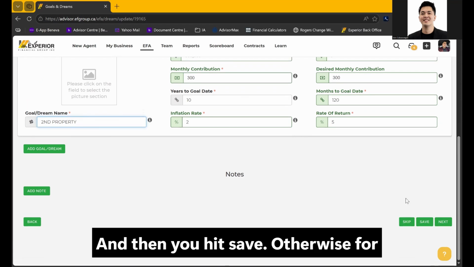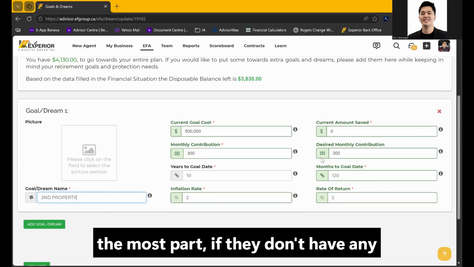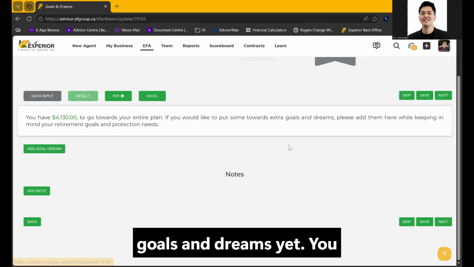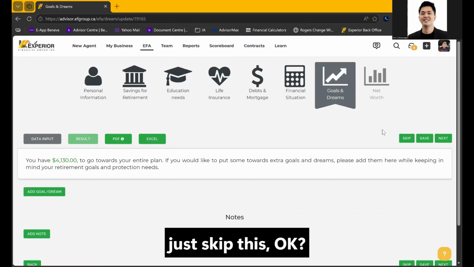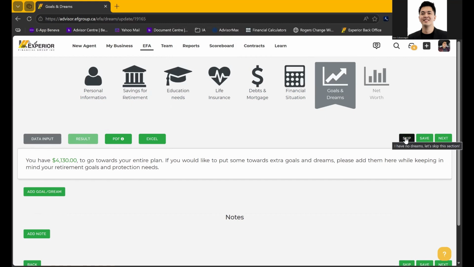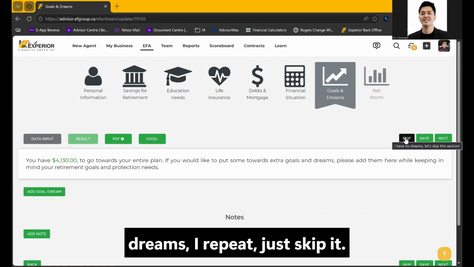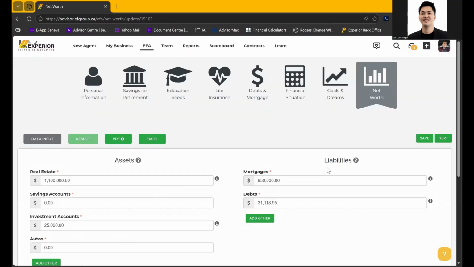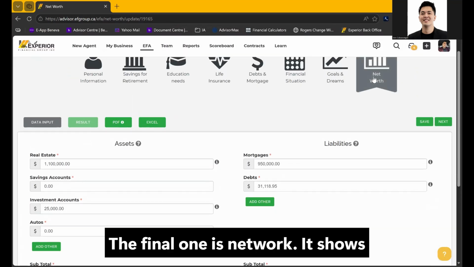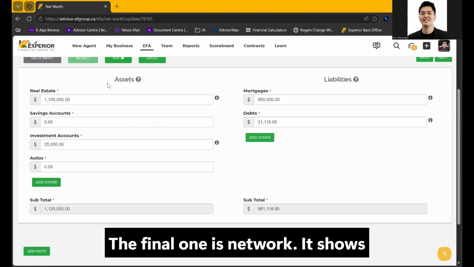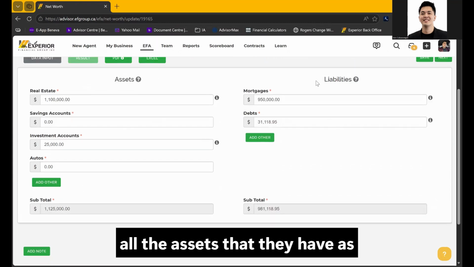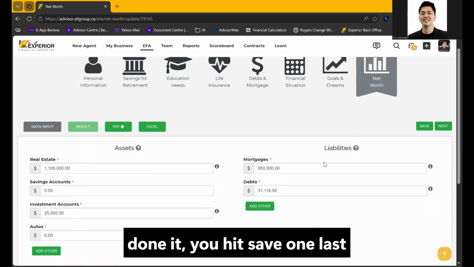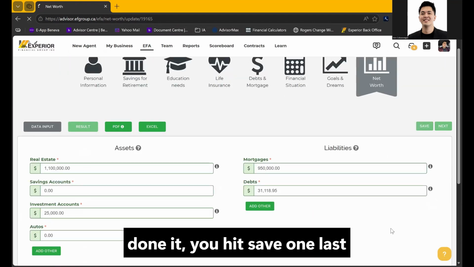And then you hit save. Otherwise, for the most part, if they don't have any goals and dreams yet, you just skip this. Okay. So if they don't have any goals and dreams, I repeat, just skip it. Now, the final one is net worth. It shows all the assets that they have as well as liabilities. Okay. So once you've done it, you hit save one last time